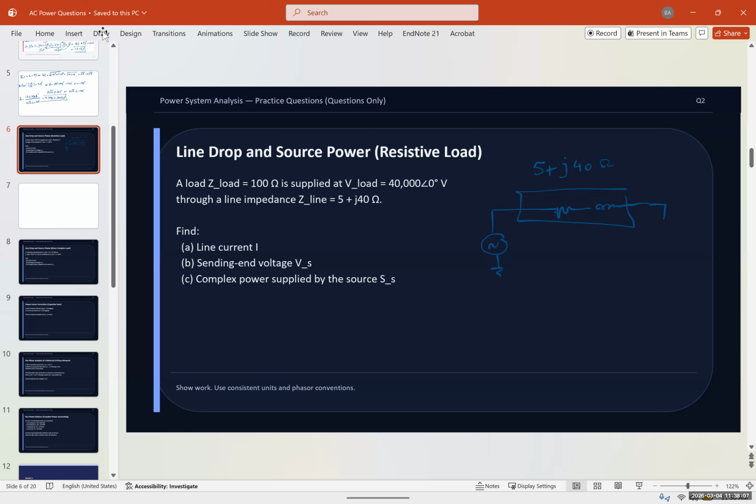And we have the load voltage, which is at 40,000. Vs and